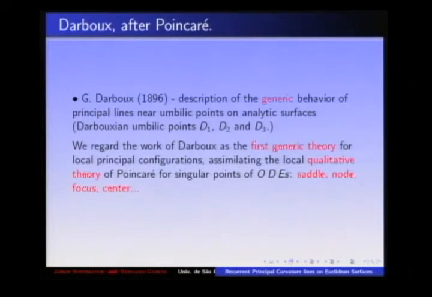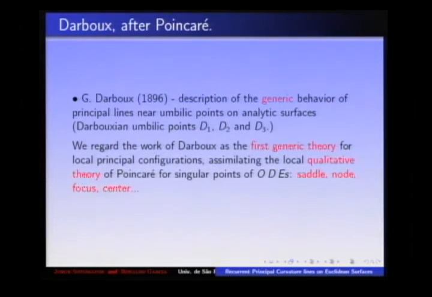So these are the Darbouxian umbilics. And why is Poincaré together? Because Darboux uses the generic theory of equilibria of differential equations developed by Poincaré, the very theory that gives you the saddles and the nodes and the spiral points and the focus in differential equations in the plane. So it took some time to put these things together, and it's not so clear, these points, in the time